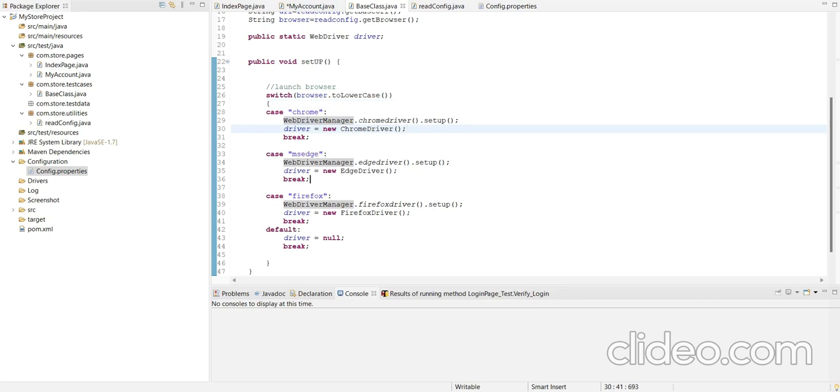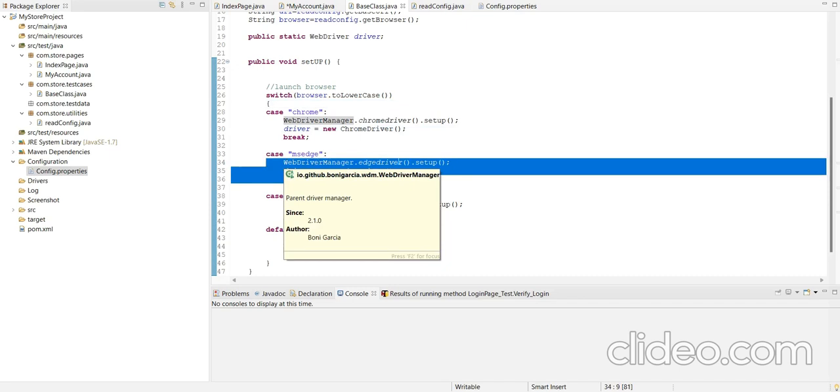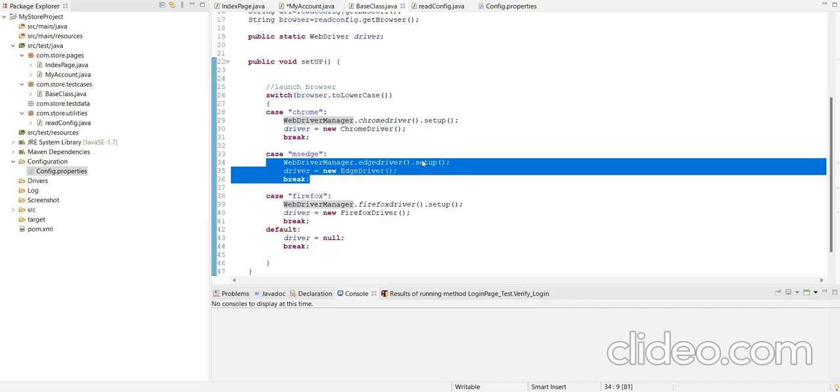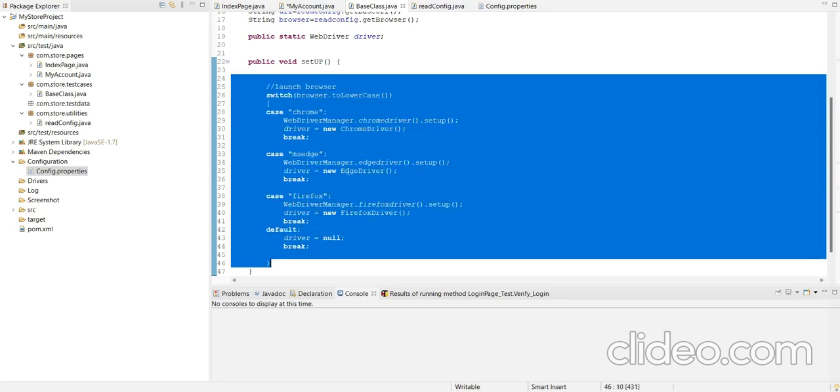Same step for the Edge driver. With the help of WebDriverManager and the Edge driver we will launch the Edge browser. And for the Firefox driver we will also use the WebDriverManager class. So in this way we will launch our browser.